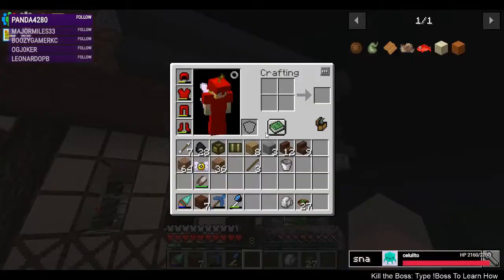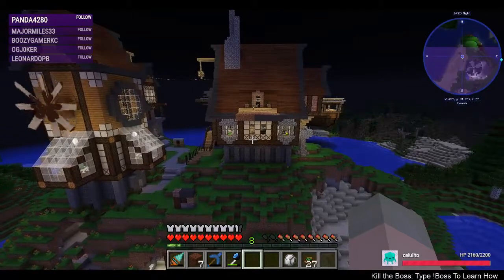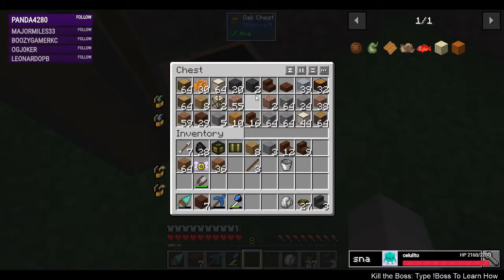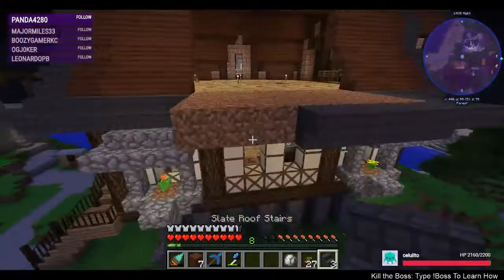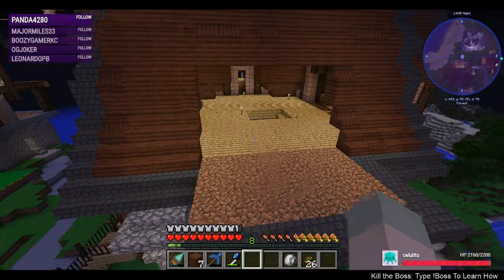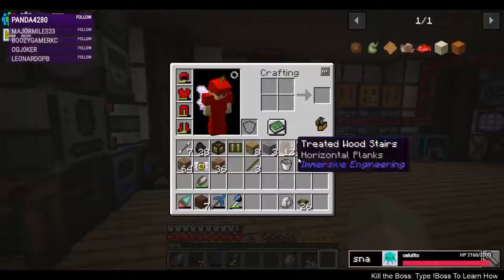And we need to cover that. Yeah, that's not bad. I have a couple more of those. I have these slabs in there. Get to there. Okay. Need more torches, which I'm going to probably